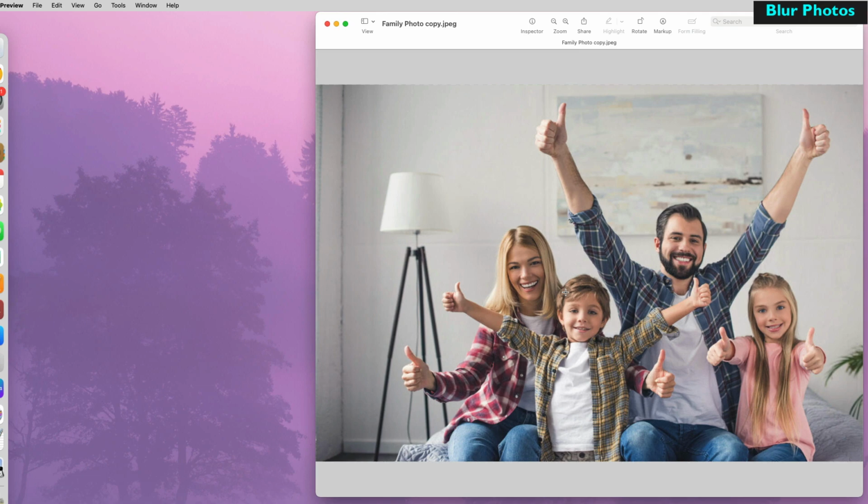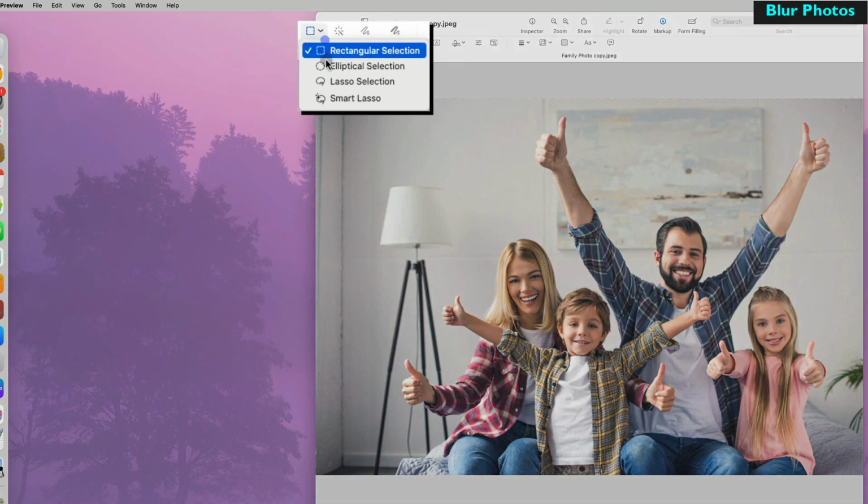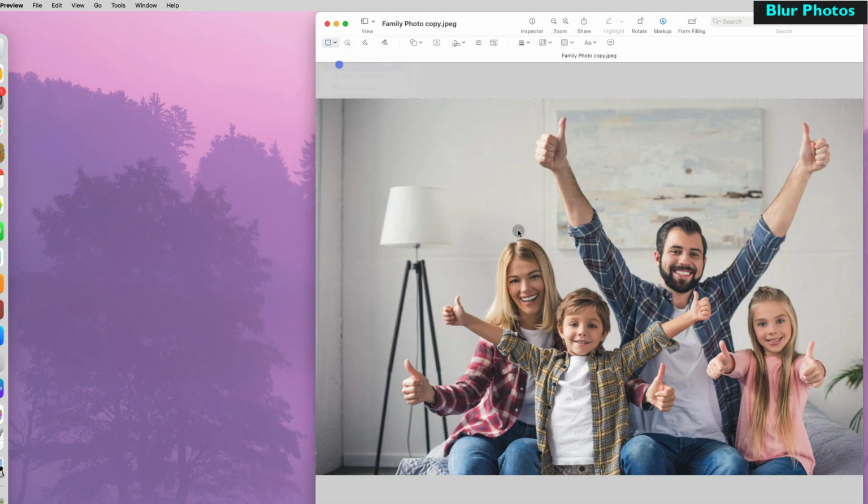What about blurring faces in photos? I have a family photo here where I want to blur the faces of the children. If I start selecting, the default selection is a rectangle. So if I want an oval, I have to go to Markup and select the elliptical selection, then select the